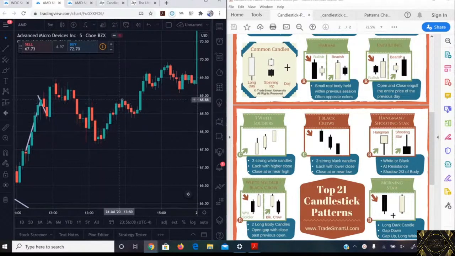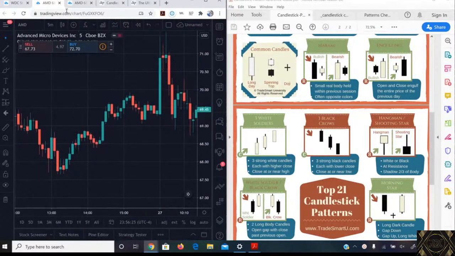But if you could have picked up on this forming like a pretty much a small bull flag right here, you could have rode this trend up. And that's what this is all about. You want to combine those chart patterns and those candlestick patterns together. Once you can do that, you can pretty much make small scalping profits, or you can even look at it